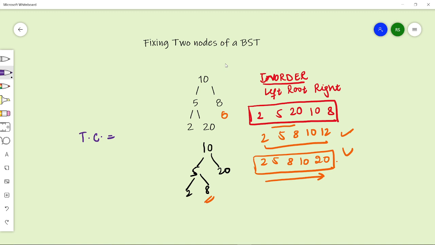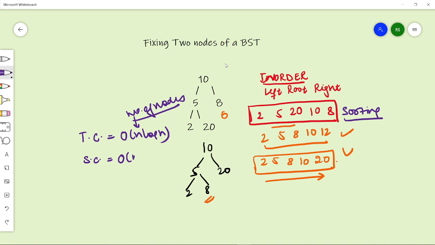Since I am sorting this array, the time complexity becomes big O of n log n, where n is the number of nodes in the BST. And what would be its space complexity? This would be big O of n, because I am using an auxiliary array to store the in-order of the given tree. So now we have to optimize it.